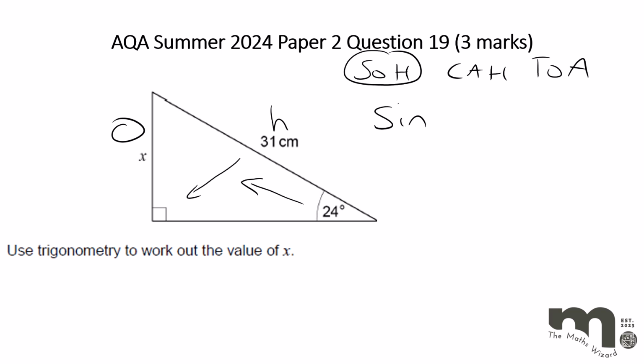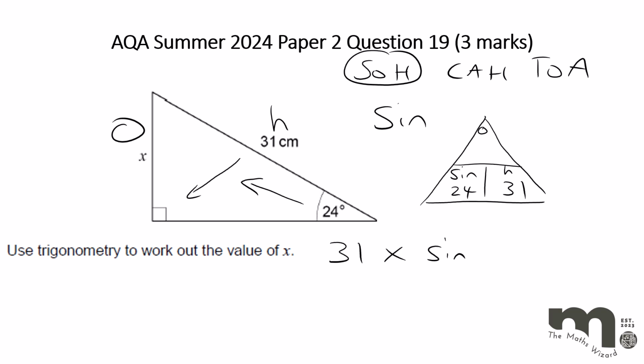Now, we've got to work out whether this is a multiplication or a division. You can write it out algebraically, but what I would do is I'd just draw a formula triangle, like you do for speed, distance, and time. So we write the sine of the angle in the bottom left-hand corner. Middle letter goes on the top, which is the opposite. The hypotenuse goes down here, which we know is 31. So because we've got the sine of 24 written next to 31, that shows us straight away that this is a multiplication. So we can do 31 multiplied by the sine of 24,